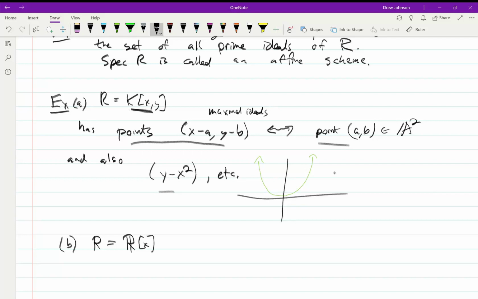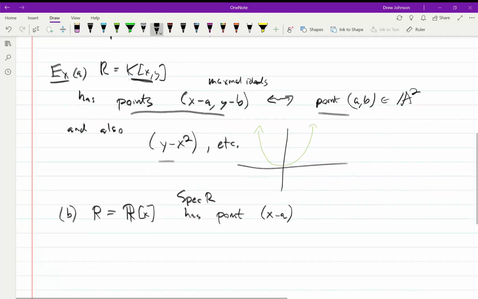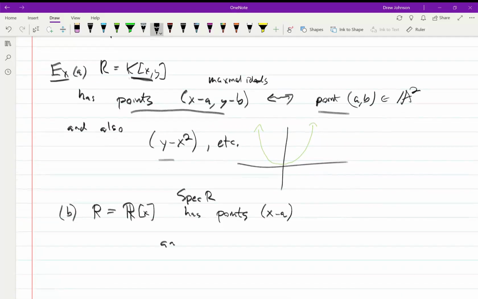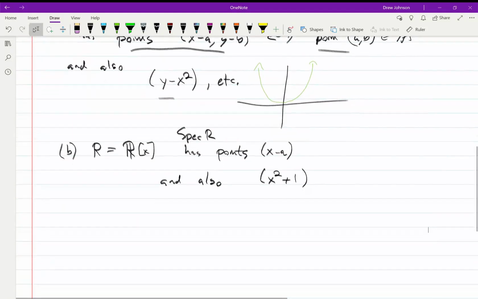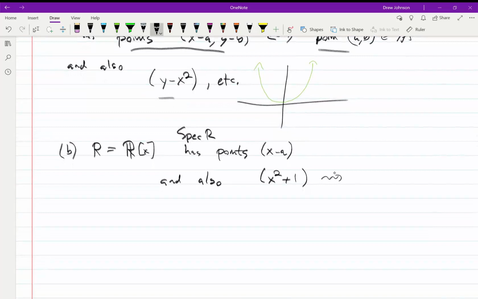Okay, so the spectrum of R[x] has points (x minus a) for every real number a. And it also has things like the ideal generated by x squared plus 1. All right, so you can sort of think about this as corresponding to i and minus i